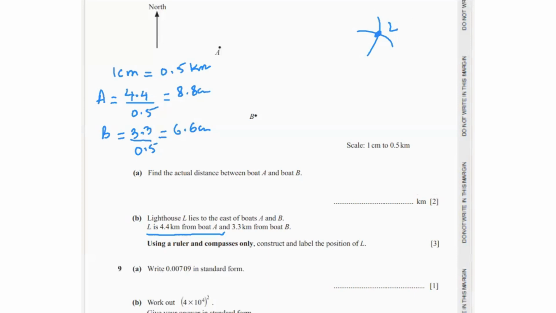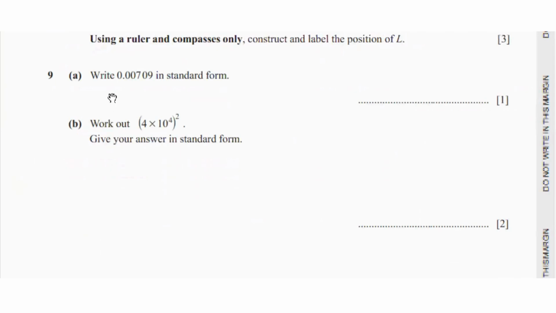That's how you draw the construction for this. Then question 9 says write 0.00709 in standard form. So this right now is your ordinary number. So in standard form, you can see that the number would be the number times 10 to the power of something. So to figure out what that 10 to the power of something will be, what we do is we move the decimal 1, 2, 3 places to the